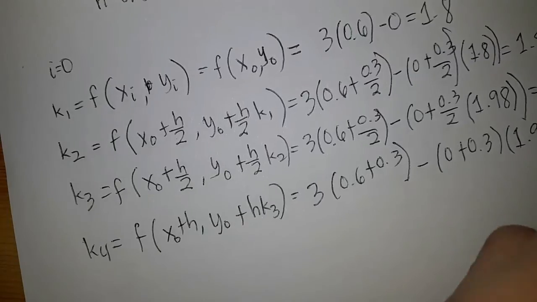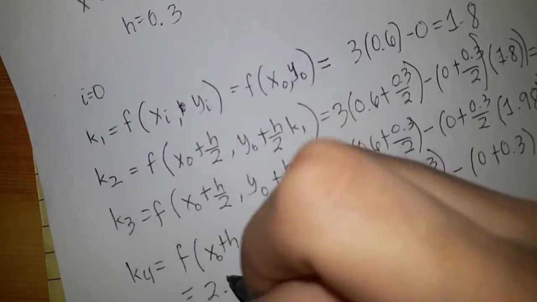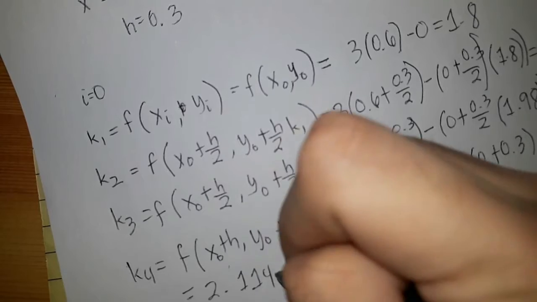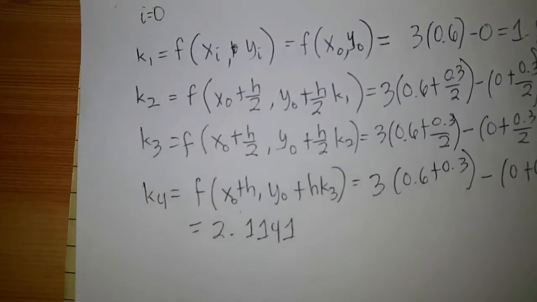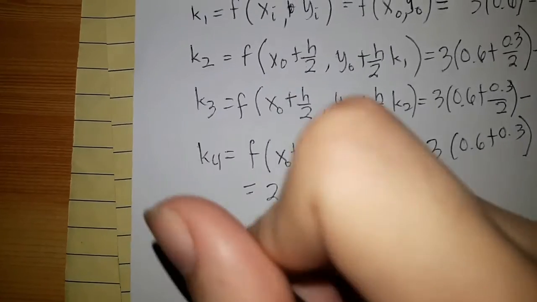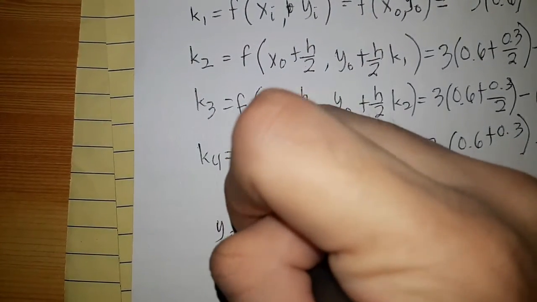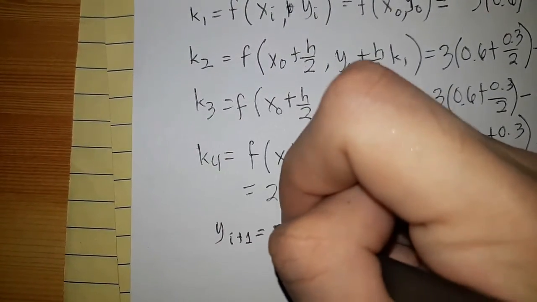So K4 is equal to 2.1141. So we can now solve for the value of y sub i plus 1, which is equal to y